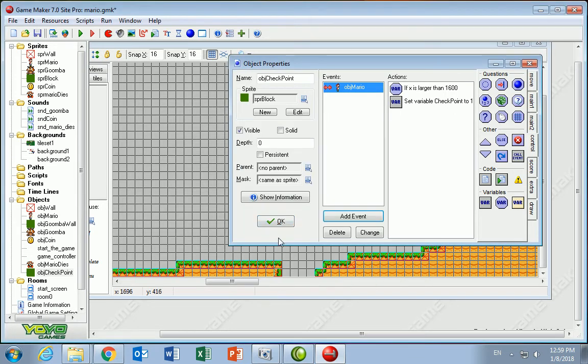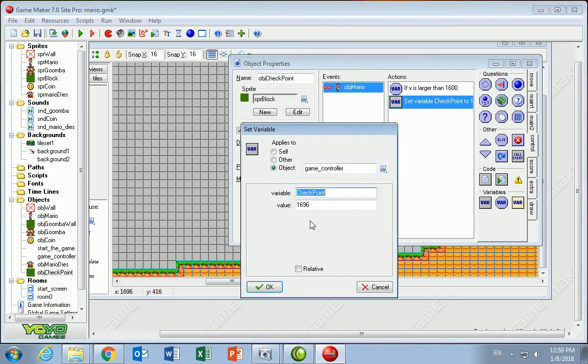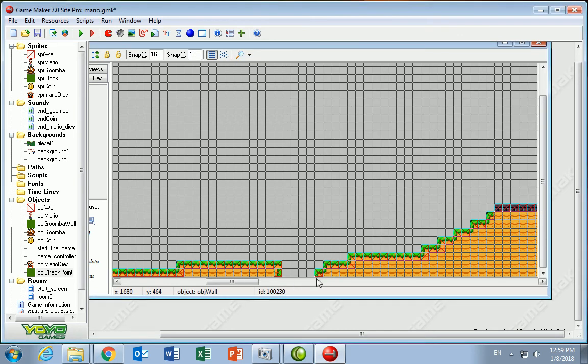So let's test it out and see if it happens. What's going to happen is the variable checkpoint is going to change to this value. And so when Mario restarts here, it will happen. So I'm going to put my checkpoint object,